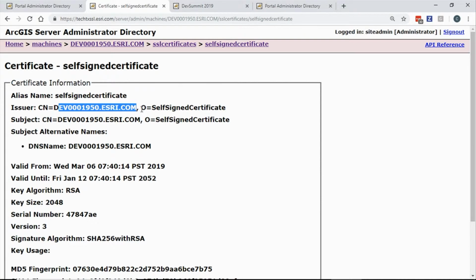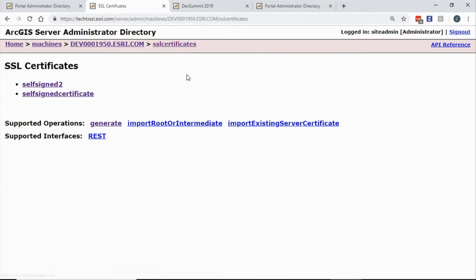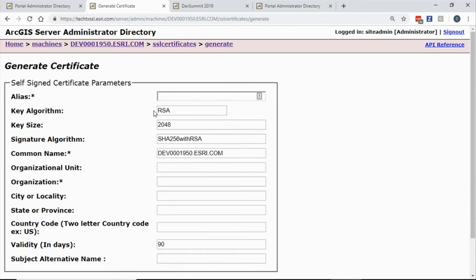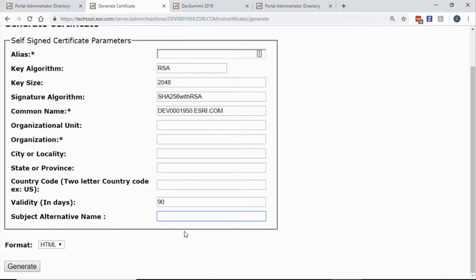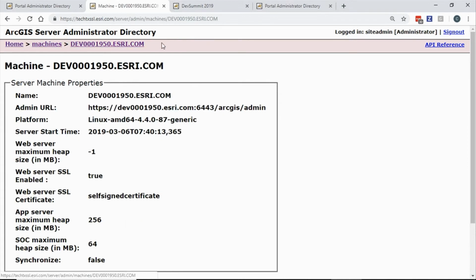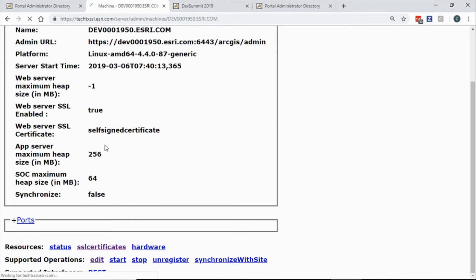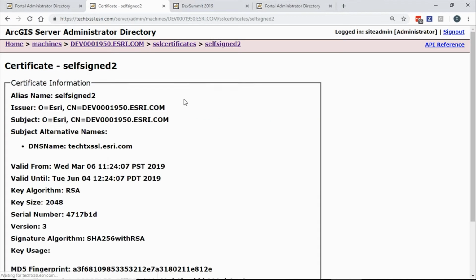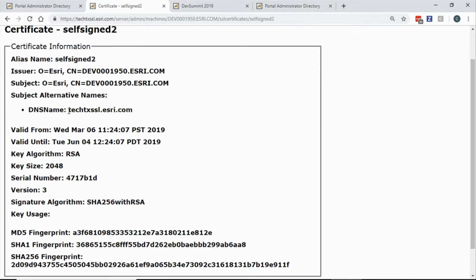So how do I solve it? There are a few ways we can do it, but what we're going to do is generate a new certificate, and as part of the certificate generation process, down here we enter a subject alternative name for the DNS entry. I did that a few minutes ago in the interest of time. I want to come down and show you that. So here's this self-signed 2, and you'll note now I have the DNS name